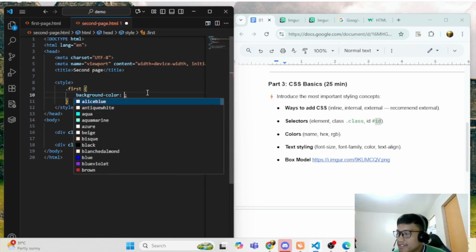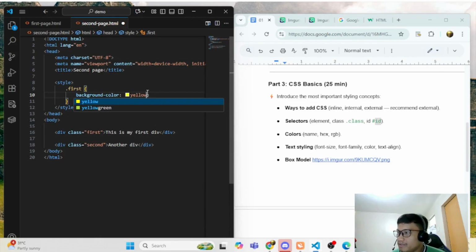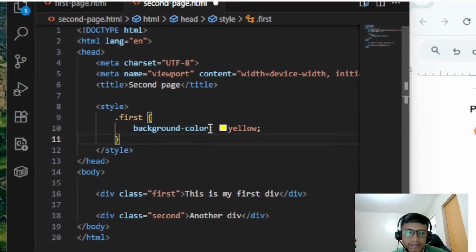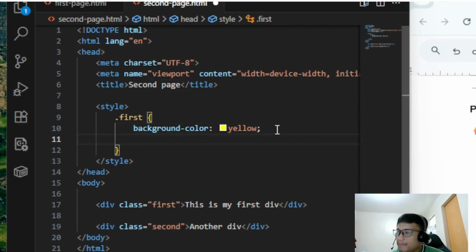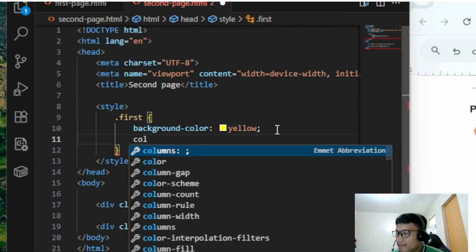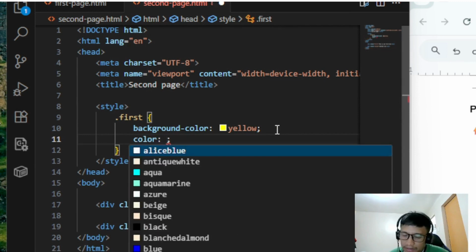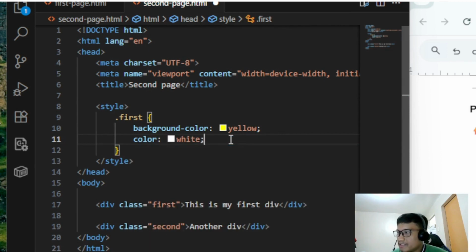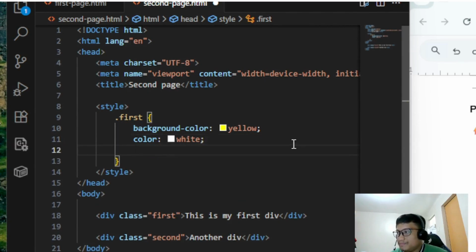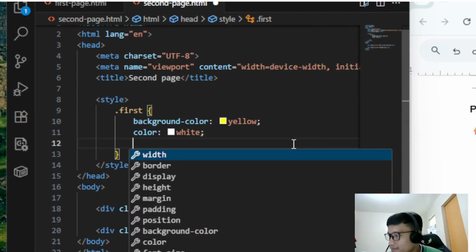So let's say I'm going to change the color to yellow. So of course, the syntax is property and then colon, and then you have here the value and ended with semicolon. So when we add another property, so let's say you have here color, color is white. We can add more if you want.